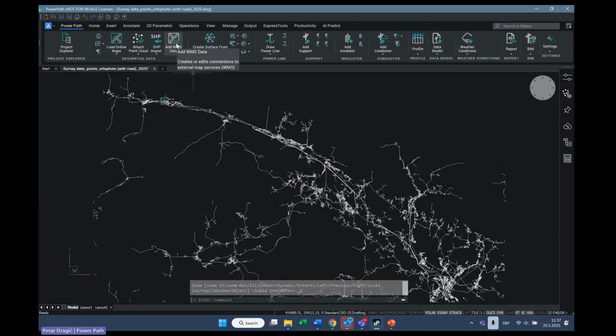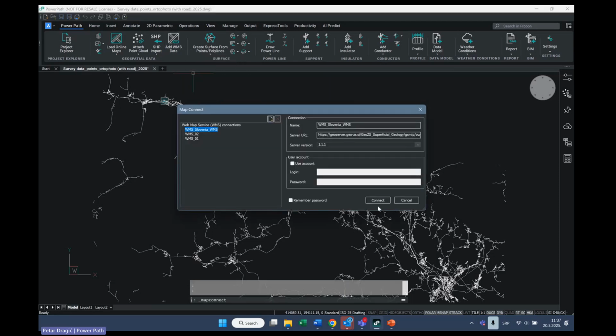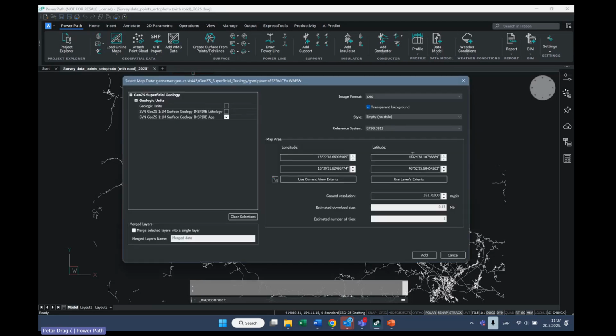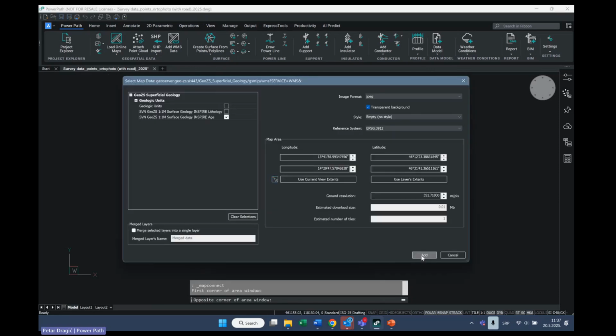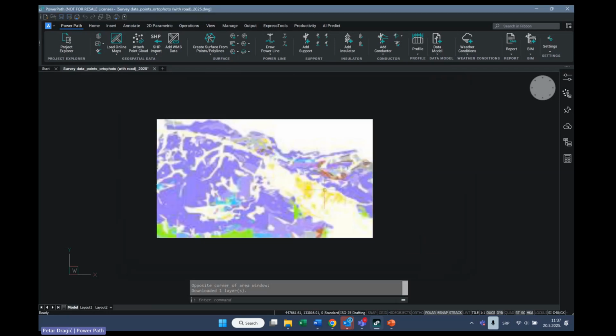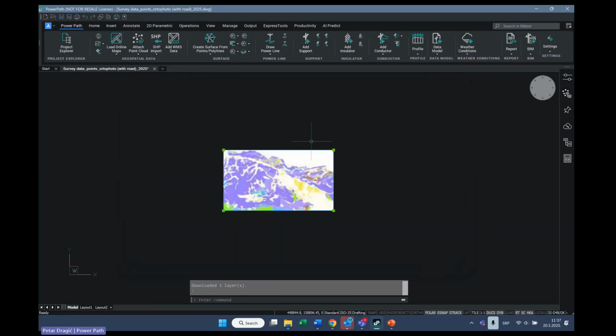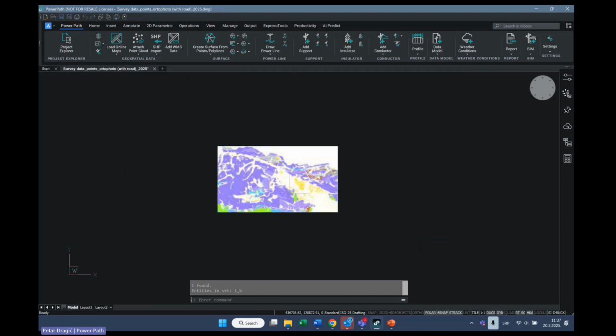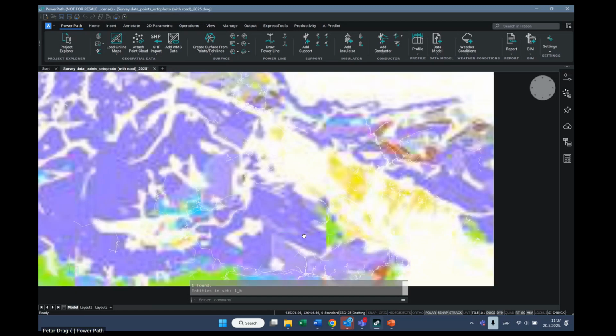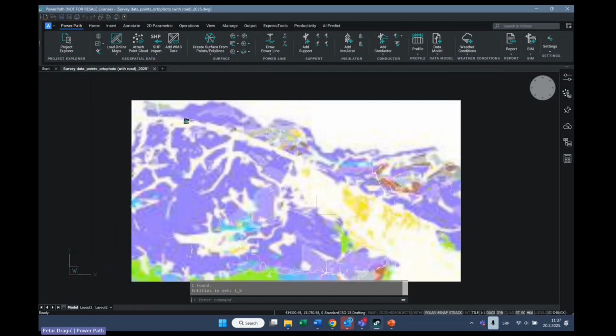I will go here to add WMS data, select this connection, and here for map area, I will use this option for selecting the area which I want to insert. When I press add, as you can see, the area is added. Of course, it is possible to send it to back and take a look at our source.